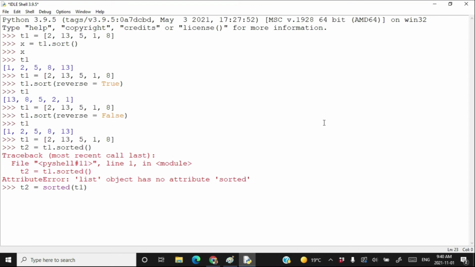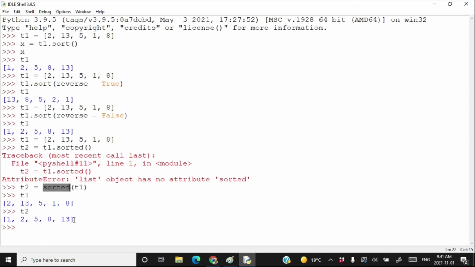Press enter. If you type T1, T1 has not been changed. T1 is the same as it was. Actually, the sorted method sorts any sequence, not only a list, any sequence, and returns a sorted list. So the list T1 has been sorted, but the sorting does not affect T1 itself.